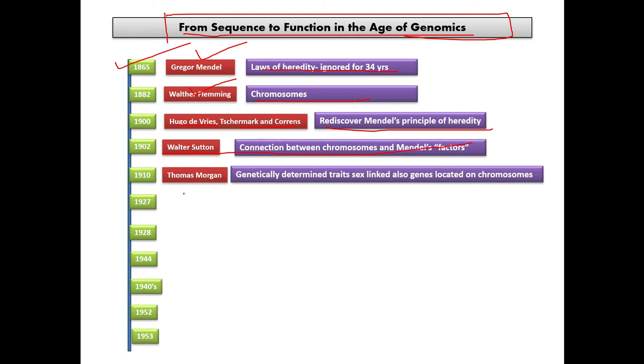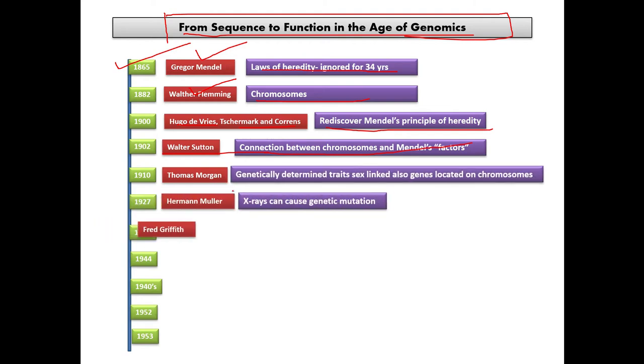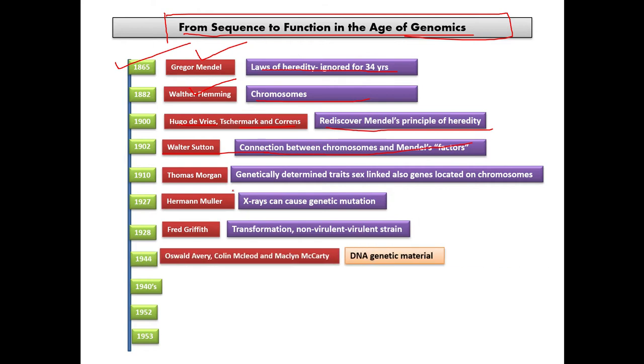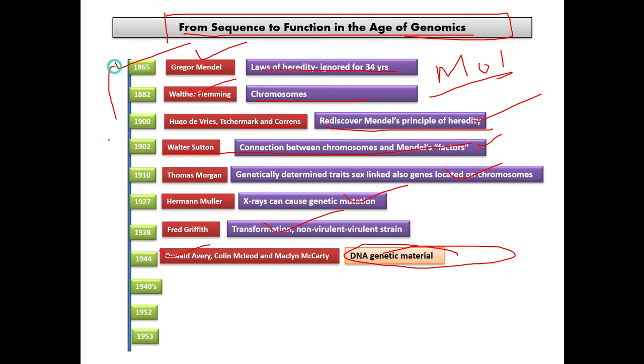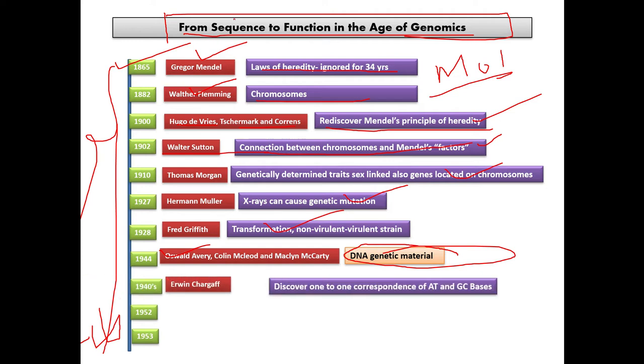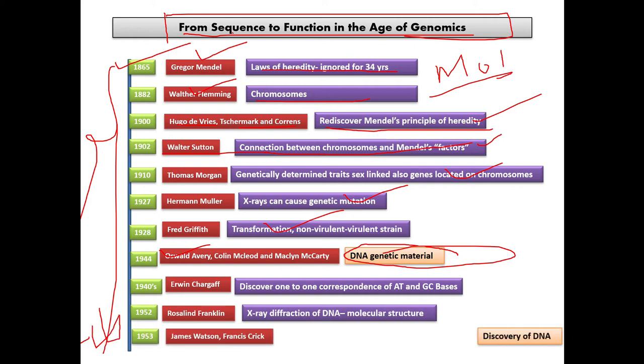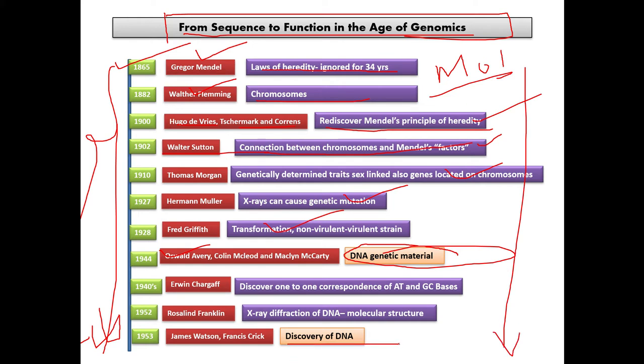So you can understand how finely tuned these things are. So DNA is genetic material, right? So go and try to search about these things. You will enjoy a lot. Why molecular biology is dependent on bioinformatics. So these things explain very clearly how molecular biology turned into bioinformatics. So these scientists had a tremendous effect in the field of molecular biology and also in the field of DNA discovery.